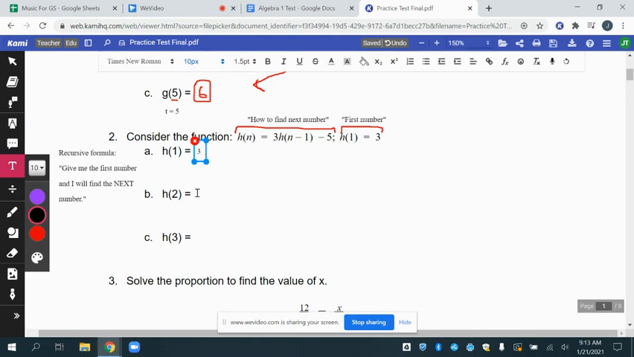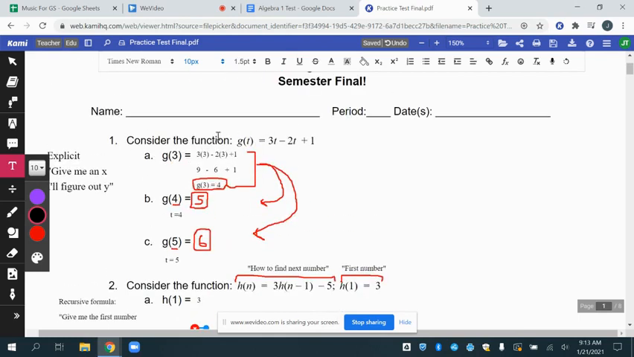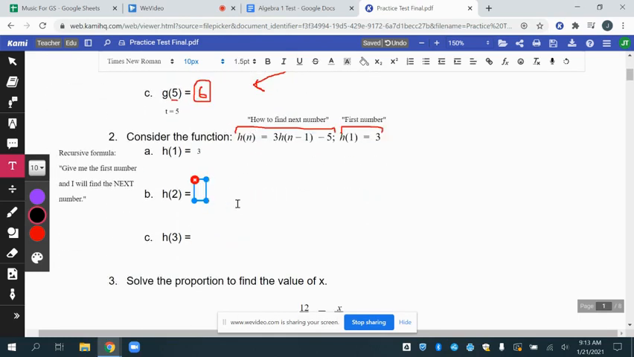No math to do. Okay, so here's where things get interesting, though. If I want to find the next number, I'm going to find h of 2. I'm going to turn the n's to 2's just like I did before. But you'll find out it doesn't really tell me how to find it. So what we've got is h of 2 equals 3 h of 2 minus 1 minus 5. Now notice this h of 2 minus 1, those are in parentheses, so I'm going to subtract them. I'm going to get h of 2